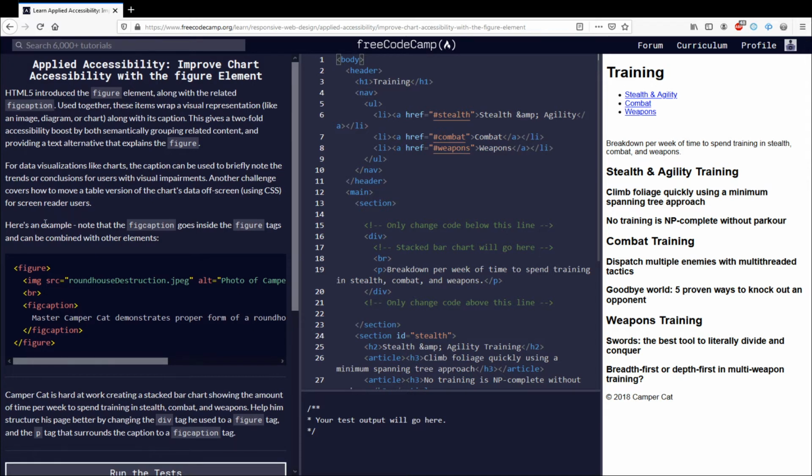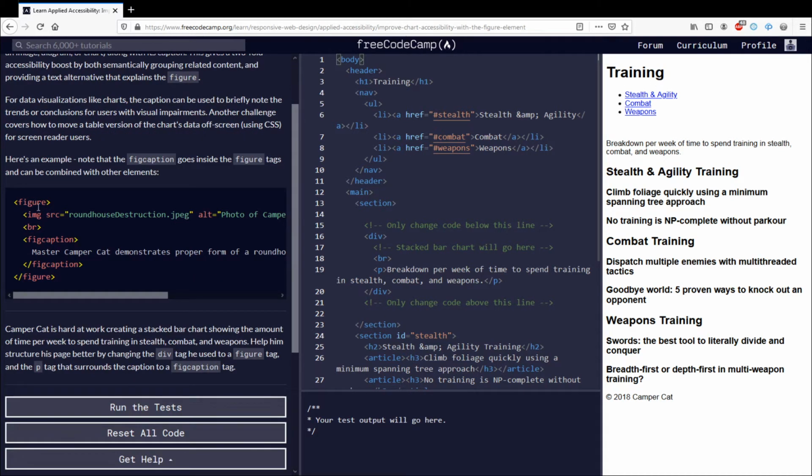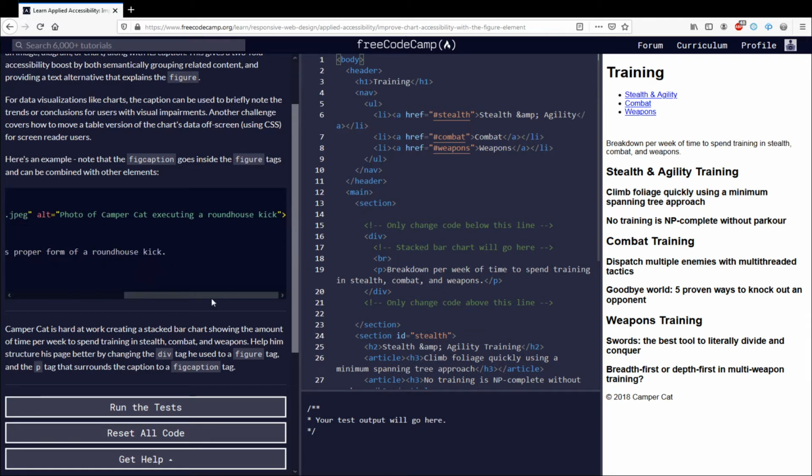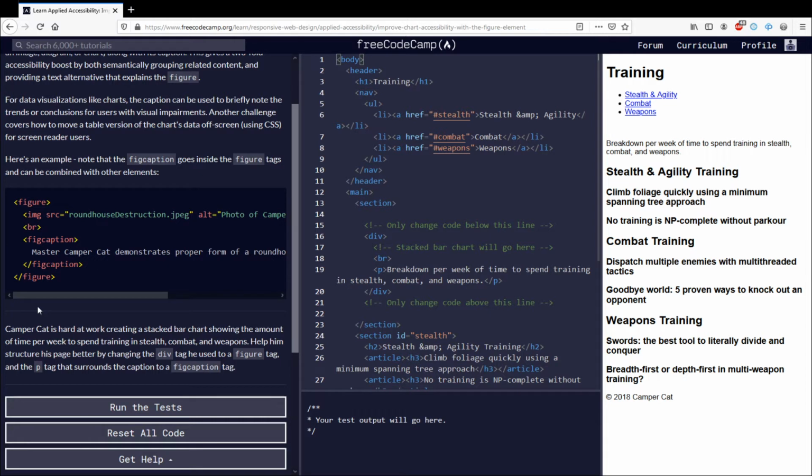Okay, here's an example. We've got our figure, we got an image, Camper Cat executing a roundhouse kick. I like this cat, really. We've got a break and figcaption, Master Camper Cat. Okay, alright. Camper Cat is hard at work creating a stacked bar chart showing the amount of time per week to spend training in stealth, combat and weapons. Help him